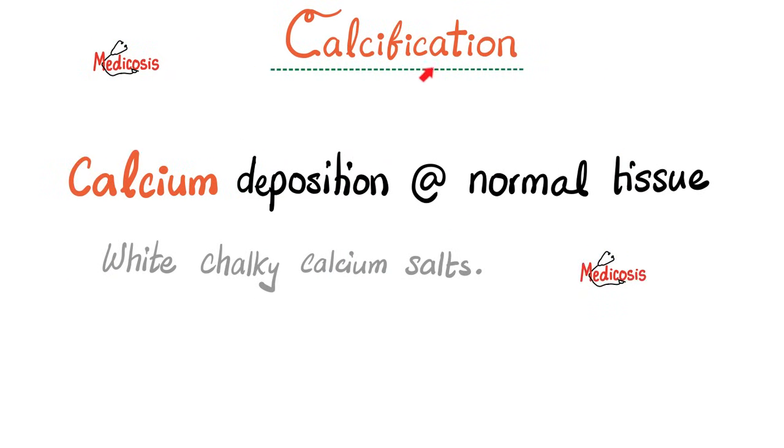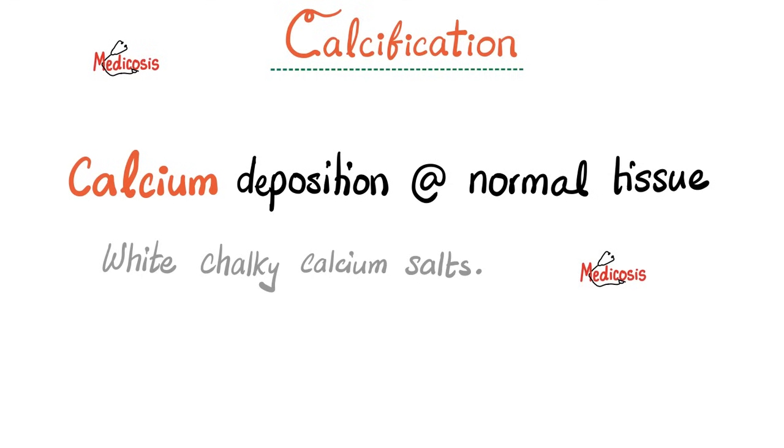What is pathological calcification? It's the deposition of calcium in different tissues. Can we be more specific? Sure, it's the deposition of calcium salts in the tissues. But is it just calcium? Absolutely not. We also have smaller amounts of iron, magnesium, etc. How does this calcium deposition look like?